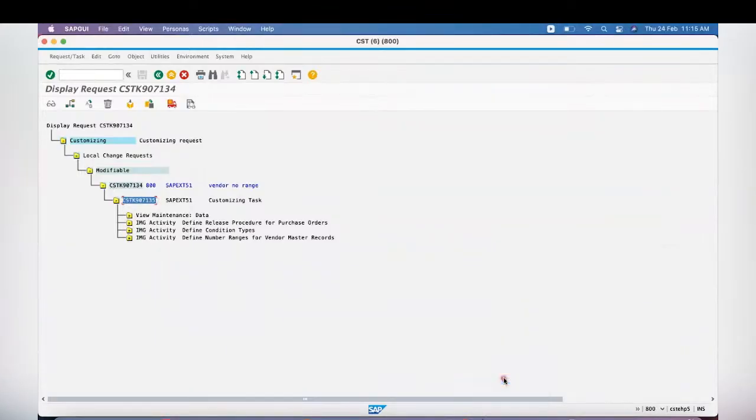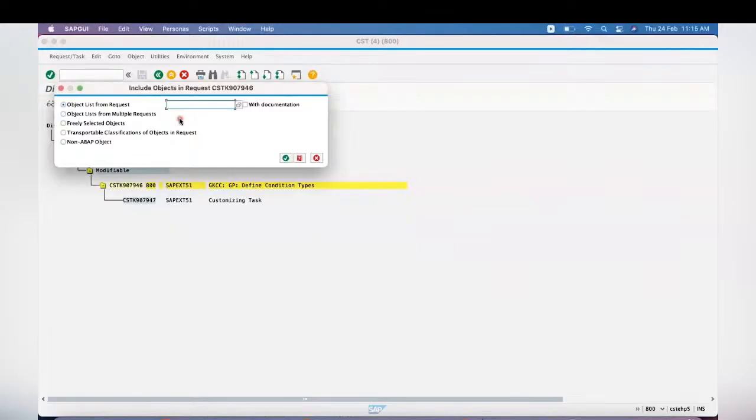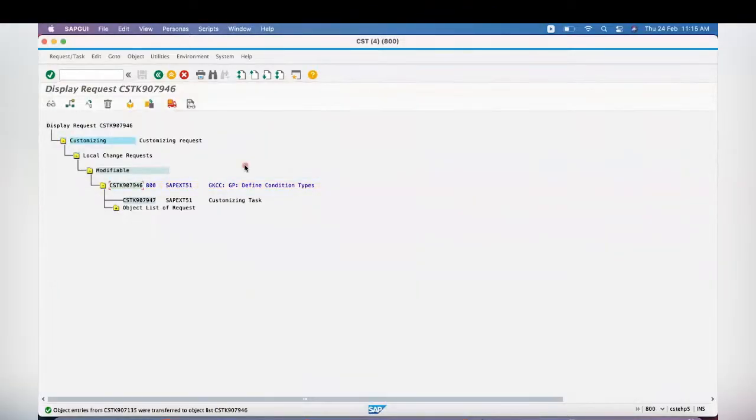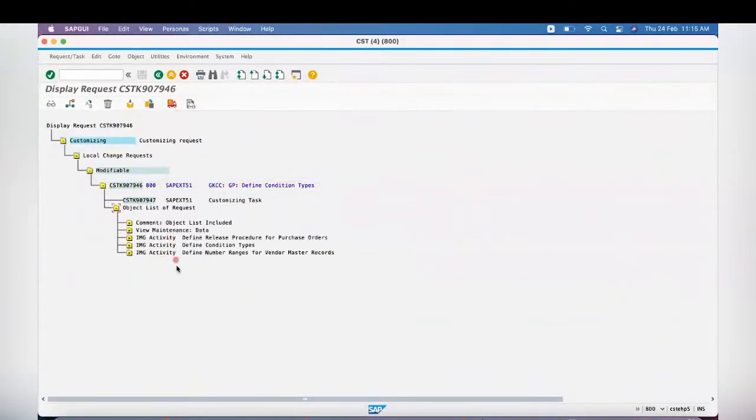Go to import, give the task here, and if you want to include the documentation also, you can include it. Copy. See, the system has copied all the objects. Now what we are going to do,